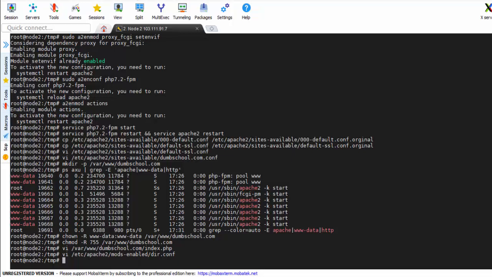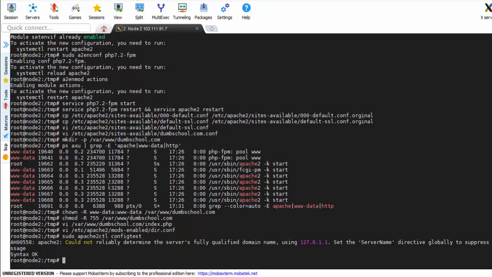The command is apache2ctl configtest. This is the command. It says syntax is okay, looks all right. So right now we're going to enable